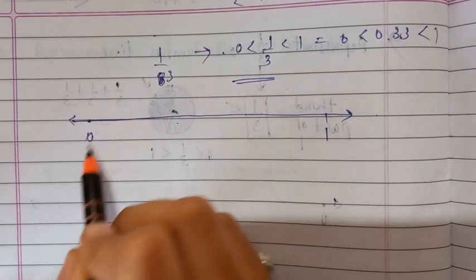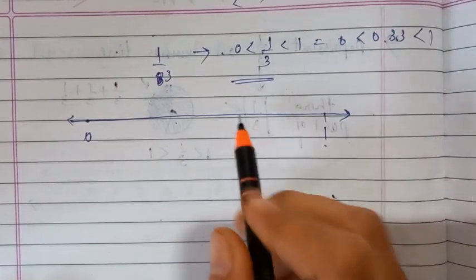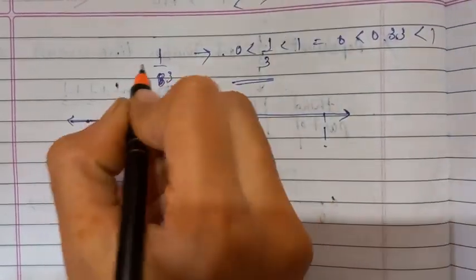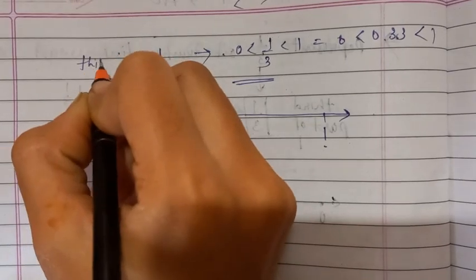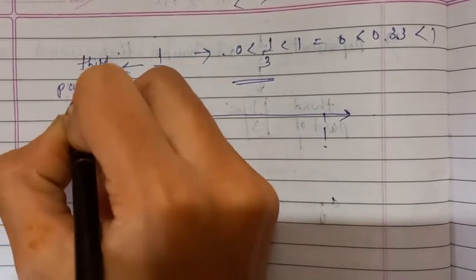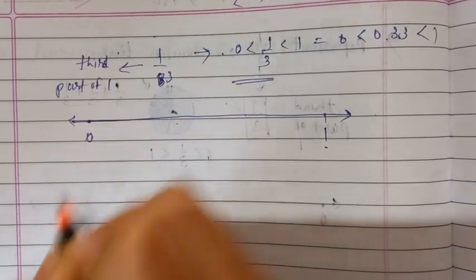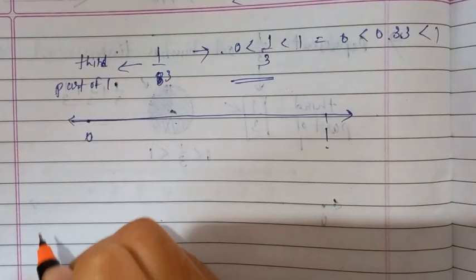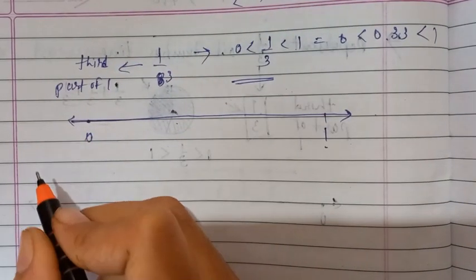Okay, in this case we have 0 and 1. Now this 1 by 3 is the third part of 1. This is the third part of 1. Then always